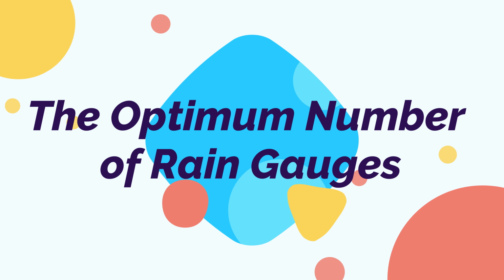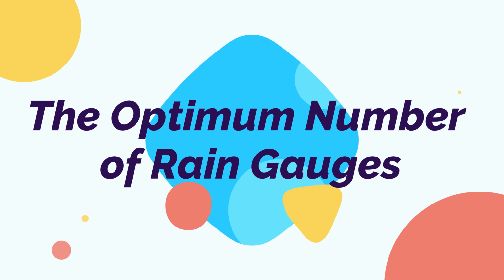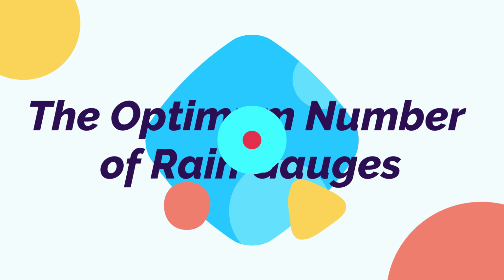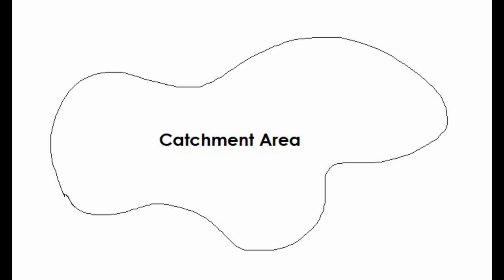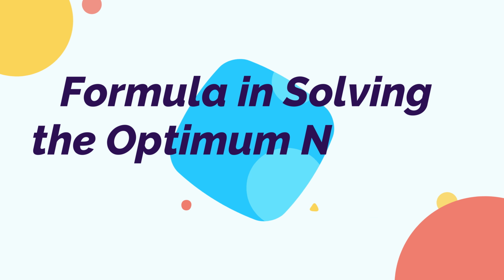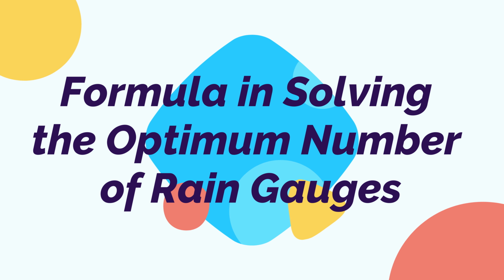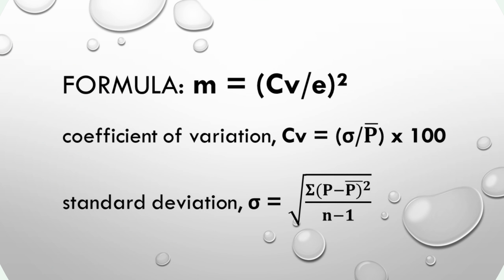So let's proceed to the optimum number of rain gauges. If there are a number of rain gauges already installed in the region, the information from these gauges can be used to determine the optimum number of rain gauges required for the area. The optimum number depends upon the coefficient of variation of the mean rainfall values at existing stations and the allowable degree of error. For our formula, the optimum number of rain gauges, M, is equal to (CV/E) raised to the second power,